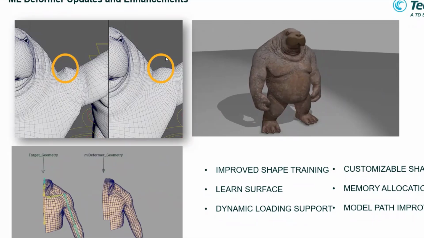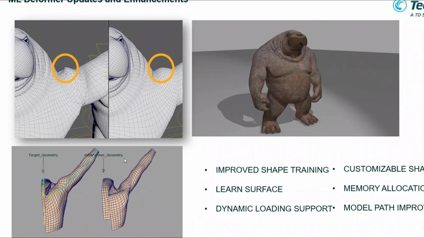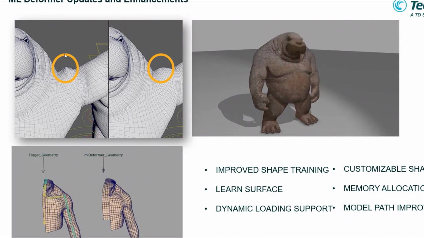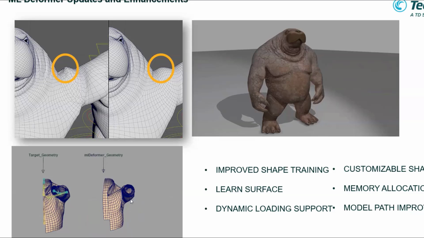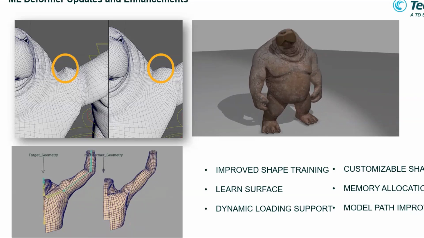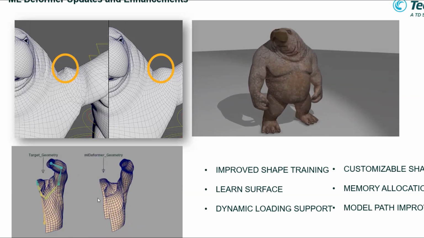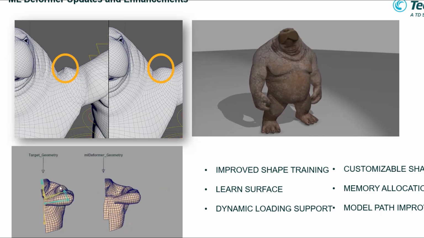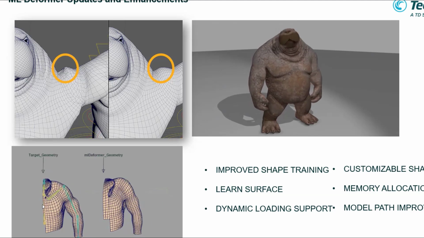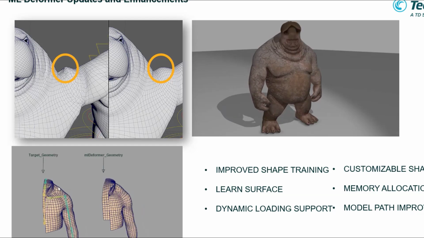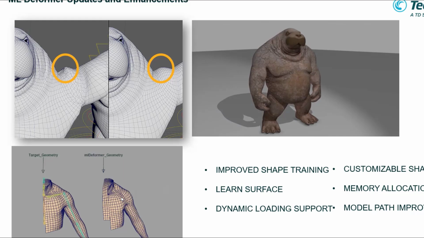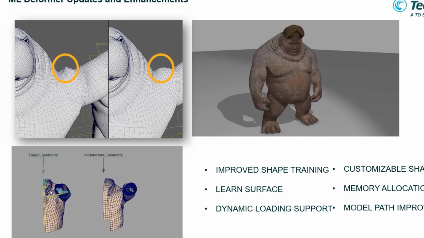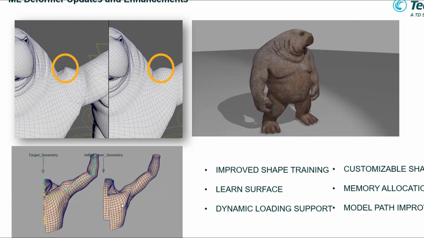For those who don't know about machine learning or the ML deformer, the video below gives you some insight. When you see my screen right now, this is the character with the bones. I try to add some animations, and on my right side there is the same mesh, but this mesh doesn't have any bones inside.